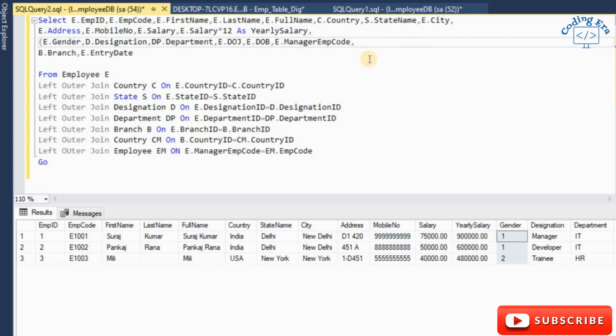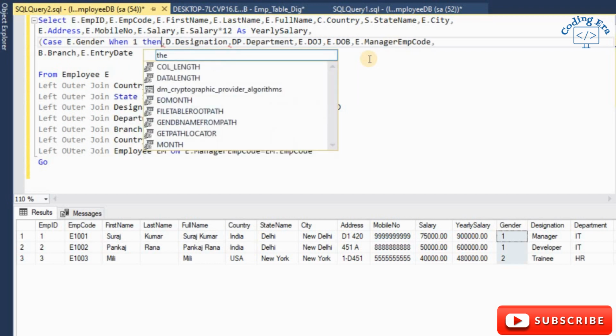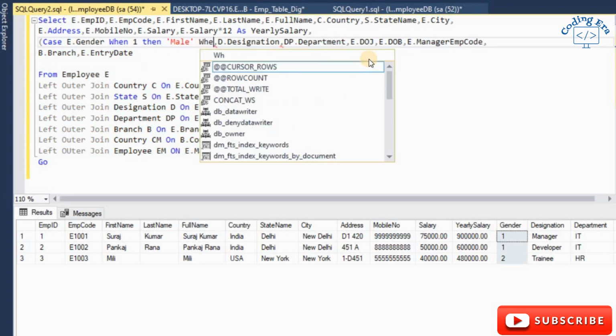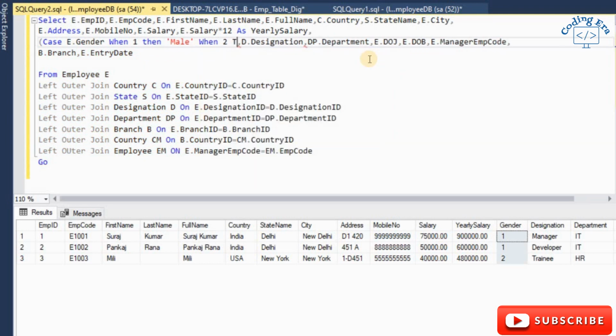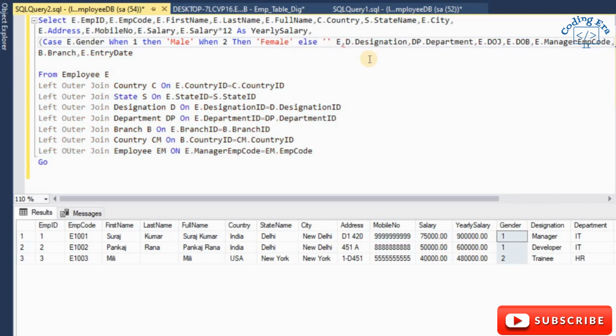Here gender is an integer value, and if you want some meaningful name, then you can put here case when 1 then male, when 2 then female, else blank, end as gender.